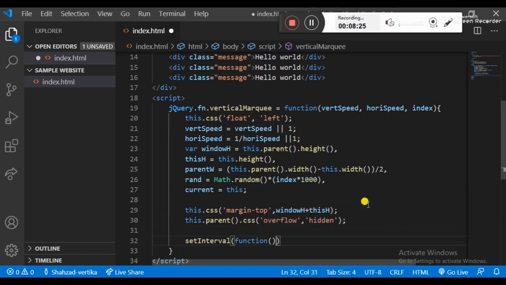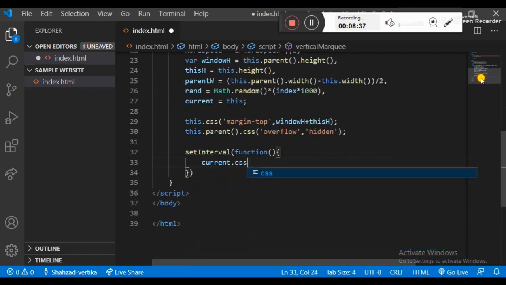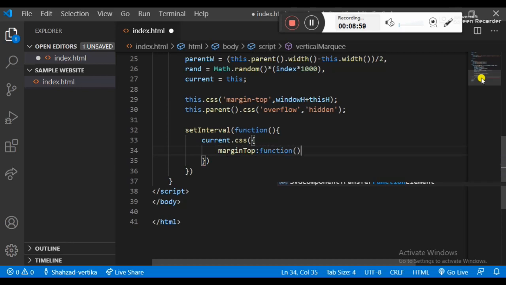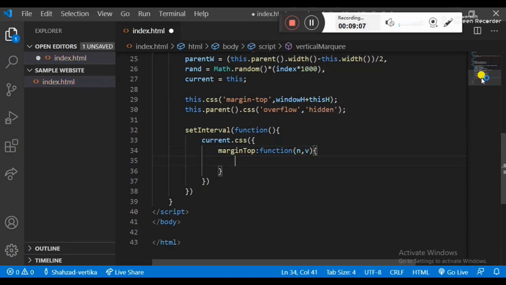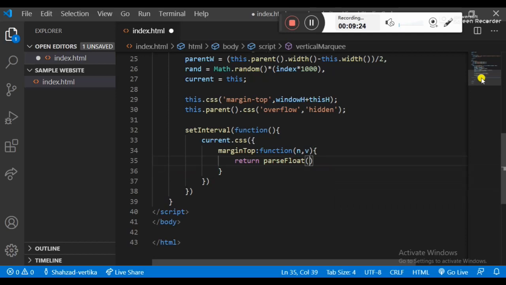It renders the function of the setInterval, and current.css renders margin-top. Margin-top should be the function called n and v, which returns parseFloat as the vertical alignment, so this is the word speed.